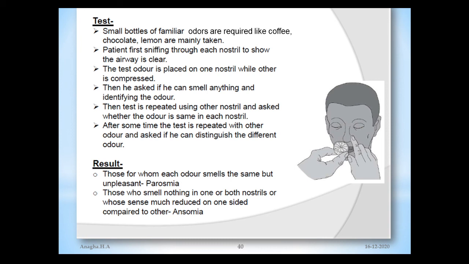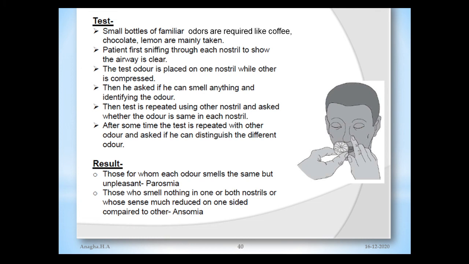Smell should always be evaluated after head trauma, because the olfactory nerve may be sheared off as it penetrates the cribriform plate. Basal meningiomas also cause a neurologic loss of smell by invading the cribriform plate. Remember that the most common cause of loss of smell is non-neurologic, and it is due to the inflammation of nasal mucosa as seen with upper respiratory infections.